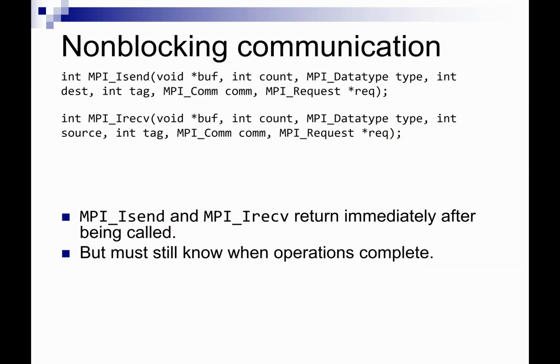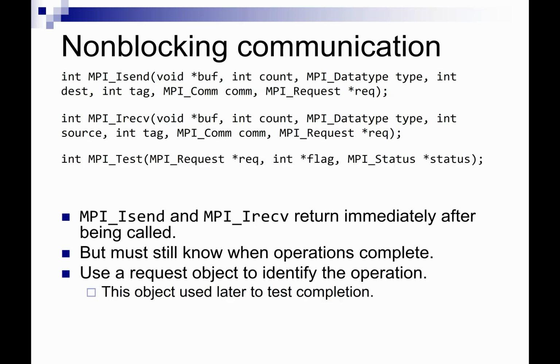So now I have these non-blocking communication functions. We use them in a similar way to MPI send and receive. However, the name is just, we add an I in front of it. So MPI I send and MPI I receive. These functions can return immediately after being called. They're not going to block. But we need to know when these operations complete, because until they've finished,